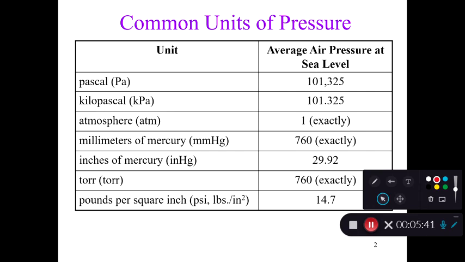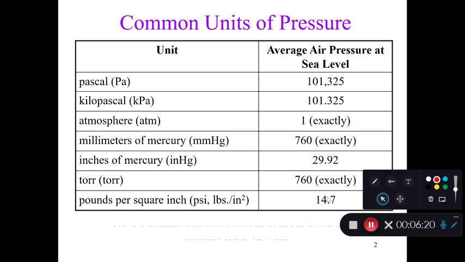As you see in this table, another scientist worked on this concept, Pascal: 101,325 pascals. If we are going to report in kilopascals, we say 101.325. Whenever we are going to measure tire pressure, the air pressure in a tire, we use another unit. We call it PSI, pounds per square inch. So as you see here,